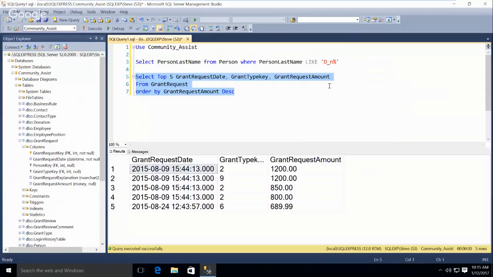Now, these are different requests, and if you wanted to see them, well, they aren't distinct because the grant type is different and the date is, actually the date is the same. The reason why so many dates are the same is that I inserted them in a bulk statement.